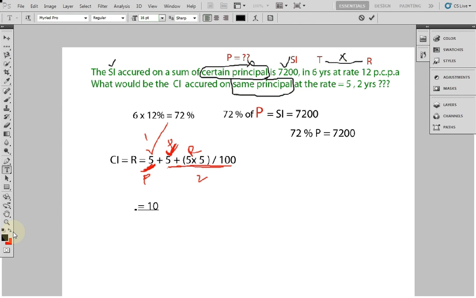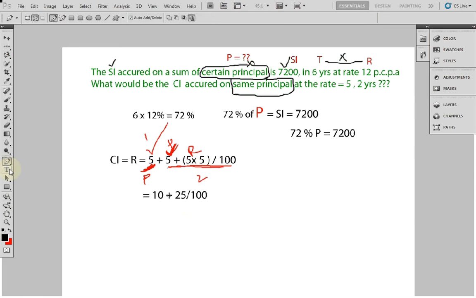5 plus 5, 10. It's nothing but 25 by 100. Here, 25 by 100 is nothing but 1 by 4. That's nothing but 10 plus 1 by 4, it's nothing but 41 by 4